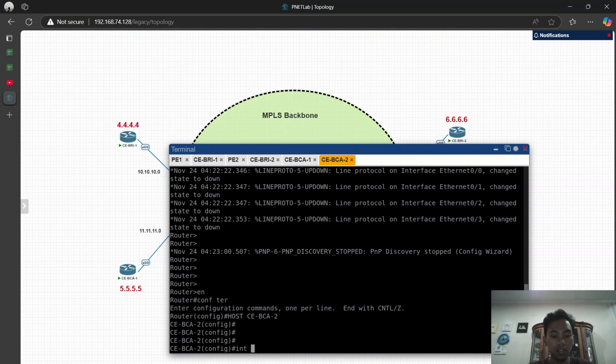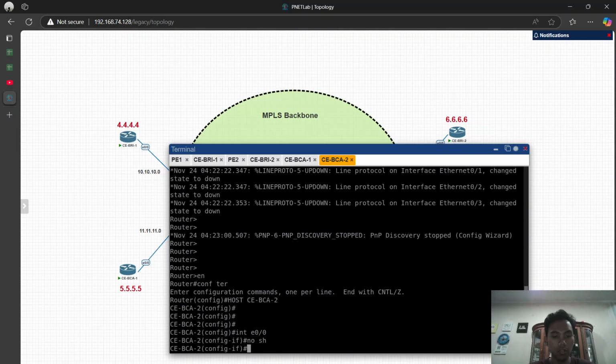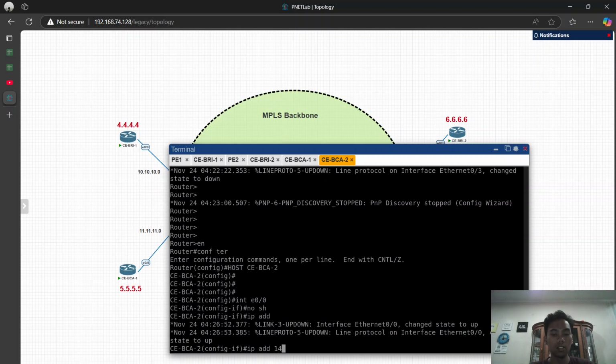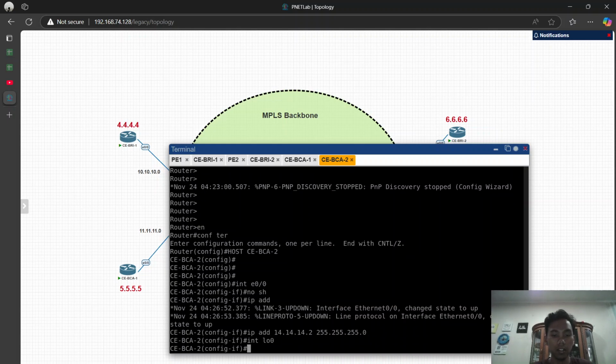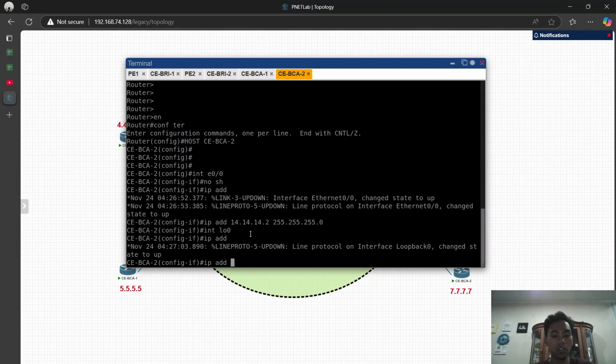Okay, we're gonna set the IP address first. No shutdown, IP address 14.14.14.2 255.255.255.0. Set the loopback. The loopback is 7.7.7.7, 255.255.255.255.